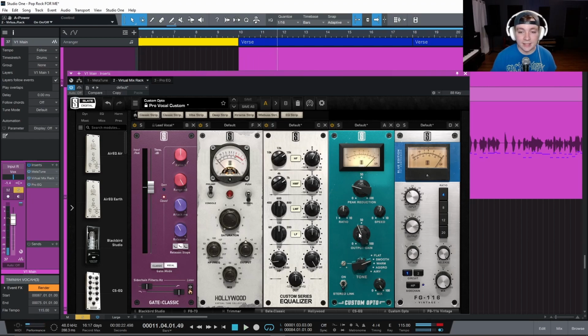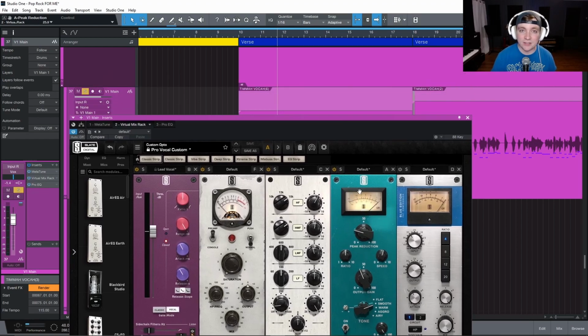So right off the bat, I got this output gain cranked up and the peak reduction sitting around 25.9. And I'm hitting -7, maybe -10 dB